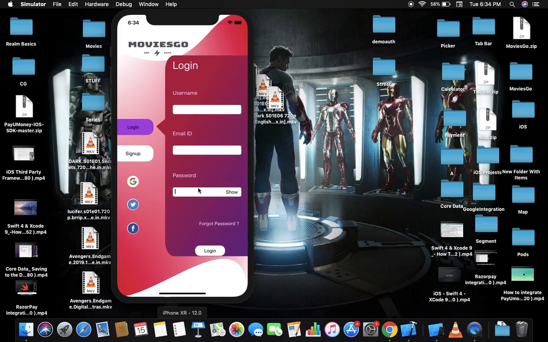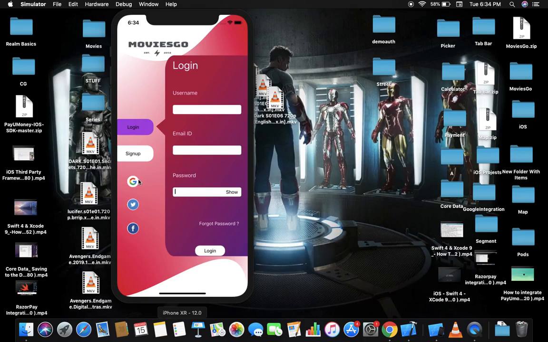Here is one button which is useful to show and hide the password. On click of show button, I have disabled secure text entry, and on click of hide button, I have enabled the secure text entry. Value of button is changing on clicking. Now for processing further, there are two different methods.